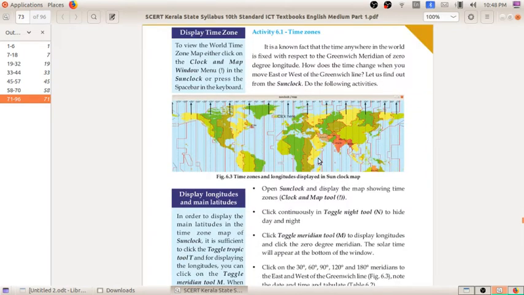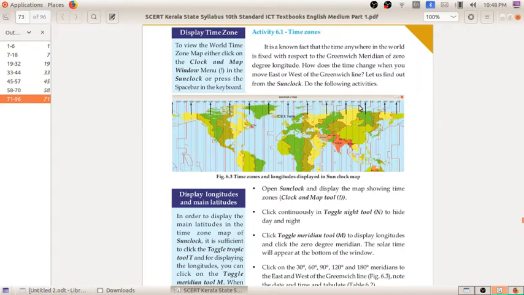So this is the first activity, time zones. It is a known fact that the time anywhere in the world is fixed with respect to the Greenwich meridian of 0 degree longitude. This Greenwich meridian gives the standard time all over the world. For every country we compare the time with respect to the Greenwich time, which is at 0 degree longitude.